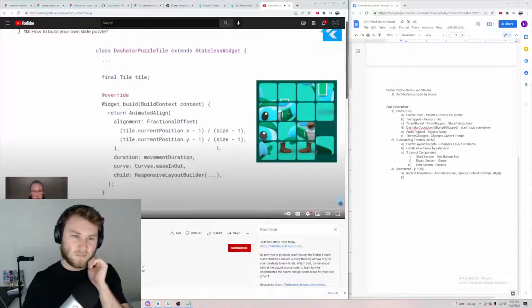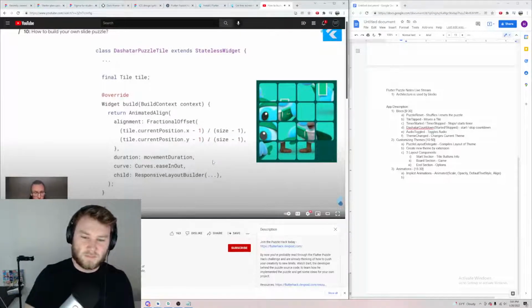So as an example here, take a look at the puzzle tile class. So here we have implemented the movement of the puzzle tile. So whenever a tile is tapped, what actually happens, its current position is going to be updated. And